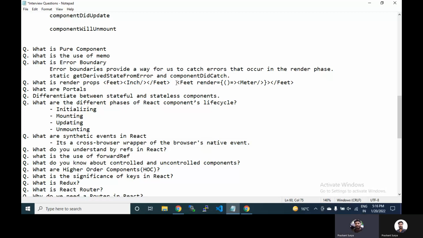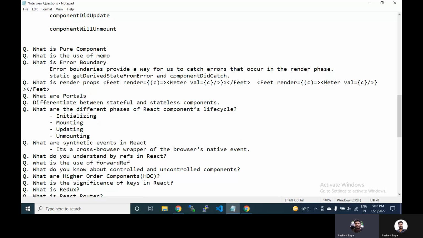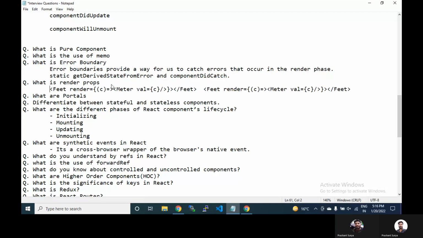So like this you will call the meter, and similarly you will get the render value here. Let's suppose this is the value, and you can just pass the value inside your meter, whatever the value will be used. Similarly you will have inch here.